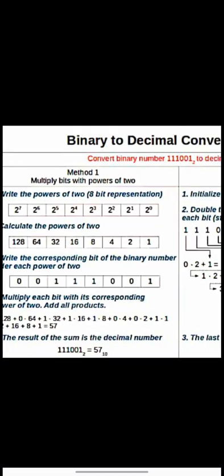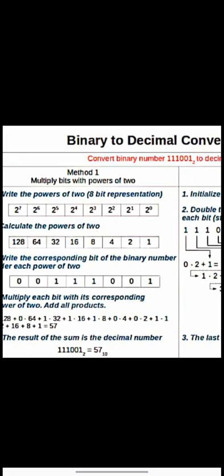Now the third step says that we have to multiply. And multiply how? You can see the row in the second step, and a row in the third step. The row of the second step is multiplied with the row of the third step. Like this 1 is multiplied with this 1, 2 is multiplied with this 0, 4 is multiplied with this 0, 8 is multiplied with this 1, 16 is multiplied with this 1, and so on.